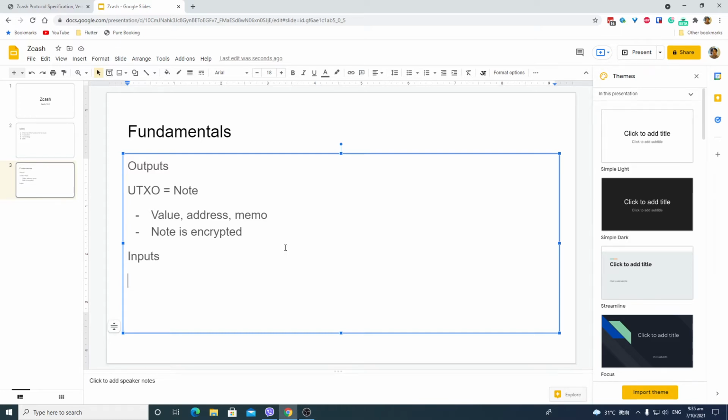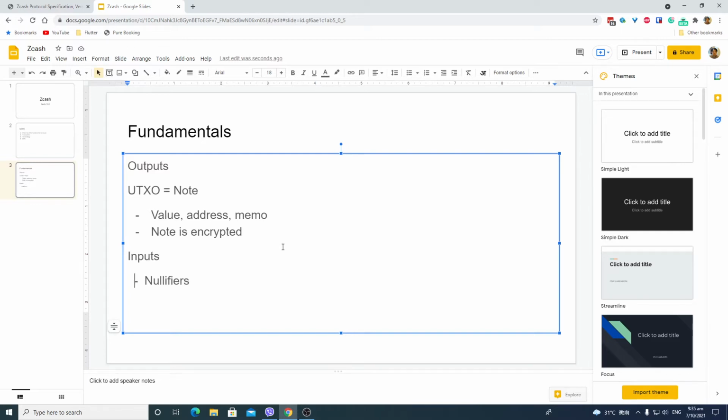So instead of using a reference to a previous transaction, they use nullifiers. Nullifiers are what you would have for inputs. A nullifier is very opaque. It's just a series of bytes that bear no particular meaning, except that